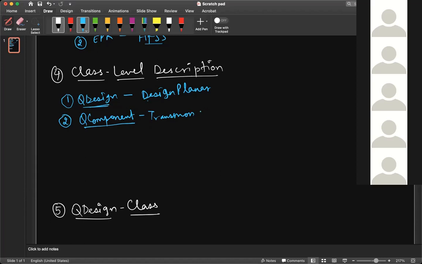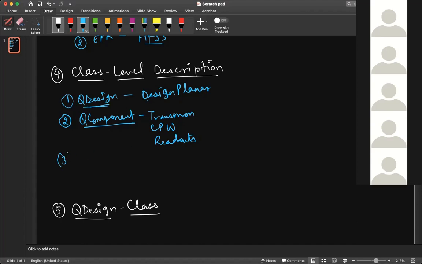There are different types of transmons as well, such as a transmon with charge line, a transmon with flux lines, and so on. Then you have the coplanar waveguides, which also come under the Q component class, and various types of readouts, which also come under the Q component class.